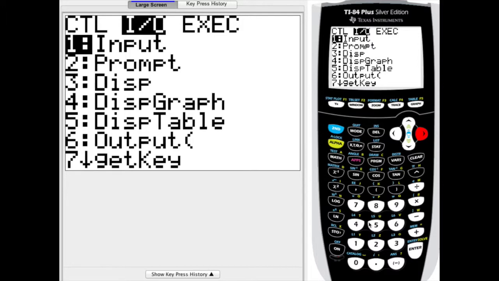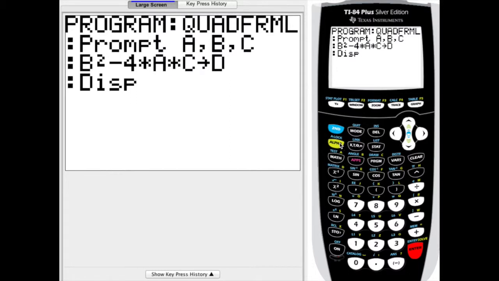I'm going to choose display, and I'm going to let the person know what I'm displaying, so I need to go into alphabetical mode, and so I'm going to go second alpha to put the alpha caps lock on. I go down to above the plus sign is the quotes for text, and I'm going to put in D